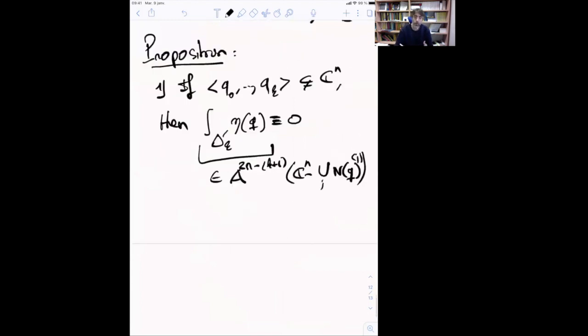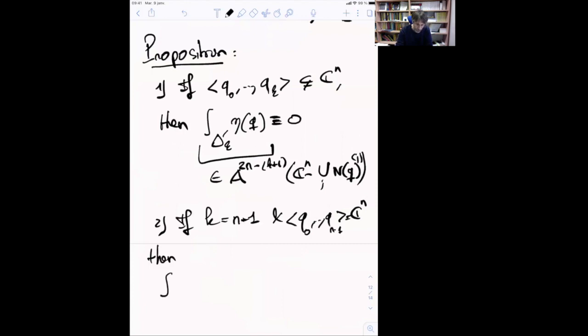Okay, so here I'm in the case where we are completely at infinity, and now, of course, the interesting case is what happens if k is equal to n minus 1, and the span is Cn. Then the integral of delta k prime, so it's n minus 1 of q,